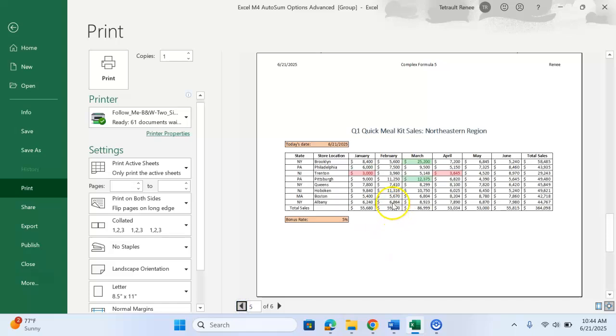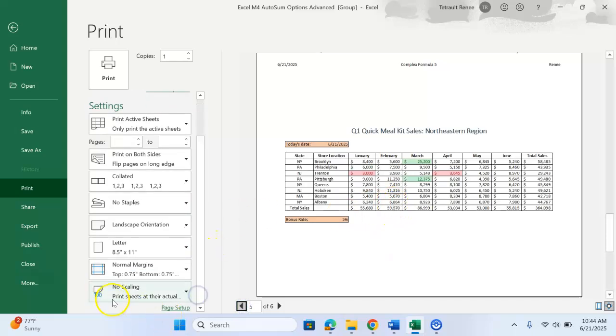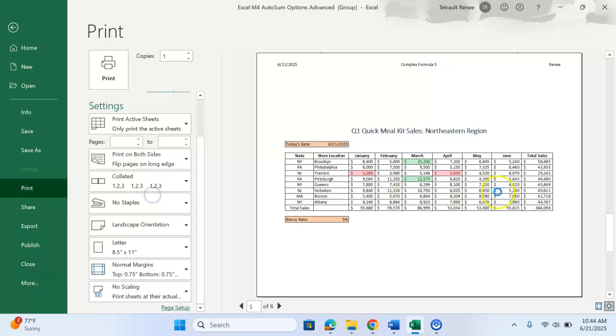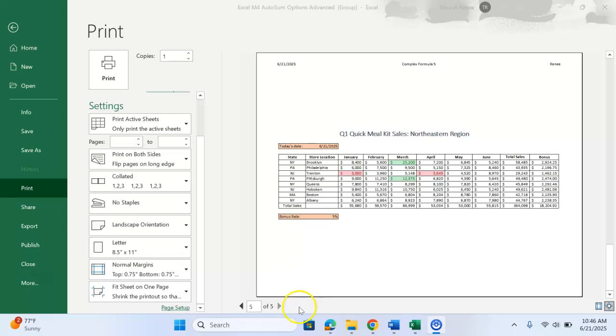So what you can do on worksheet 5 is scroll down, and there's a section about no scaling. When you select that, you'll get more options. Choose Fit Sheet on 1 page. So it will make the font size smaller, just so that bonus will be also on this page. So now there's just 1 of 5 worksheets, and you can see bonus is now on the 5th worksheet, so